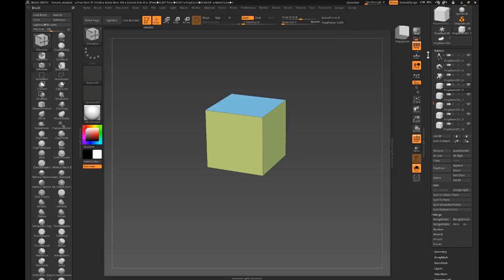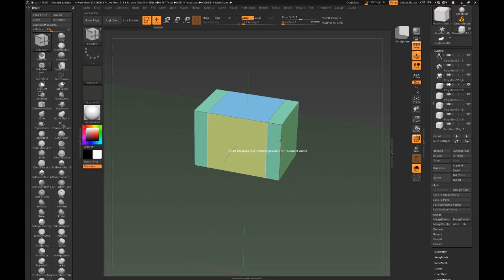To find out which one I need, if I bring up the floor here, I'll notice on the floor that X is pointing this way, Z is pointing this way. Z is blue, X is red, Y is green. And so this direction is where I want the symmetry to occur. So when I QMesh, and I'll talk about what that is in a minute, this side will be mirrored on this side, and the center line is where this axis is. Okay, so let's hide the floor to remove as many distractions as we can, and let's talk about the ZModeler